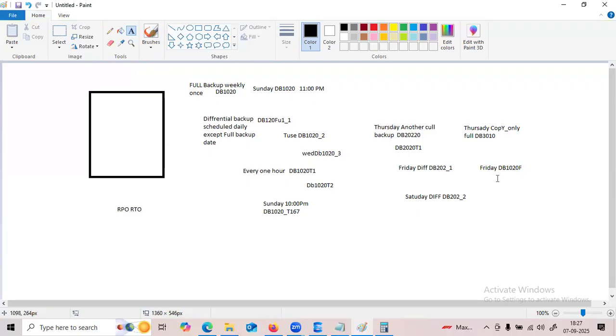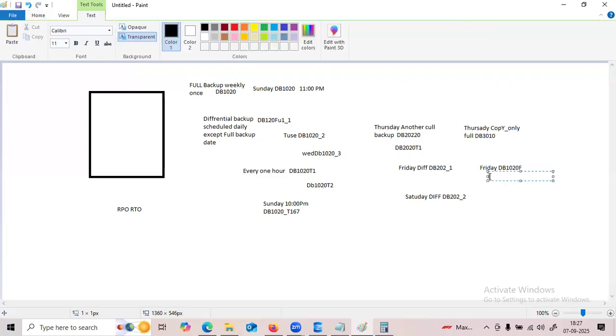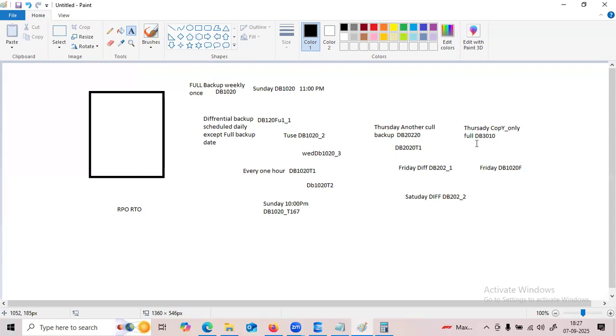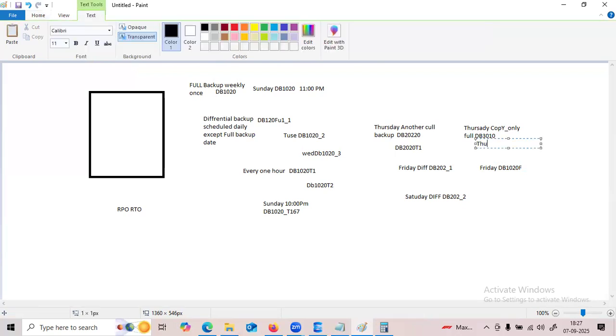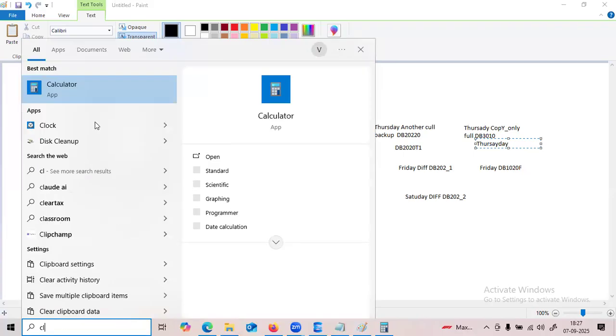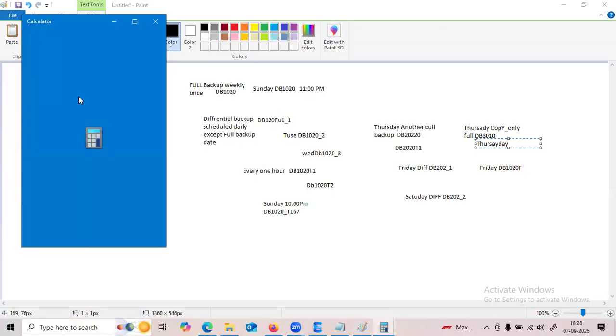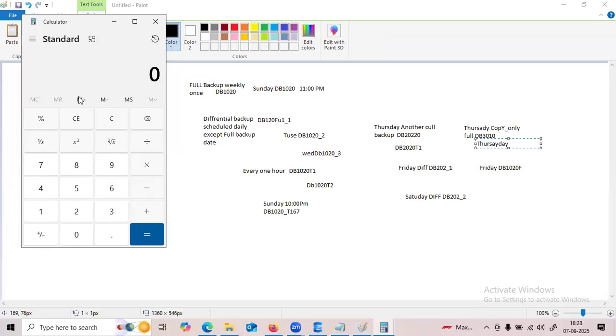The same thing is applicable to the following log backups. So what will happen with the log backups? Suppose it is Thursday. Thursday means Sunday, Monday, Tuesday, Wednesday, Thursday, so 4 into 24.